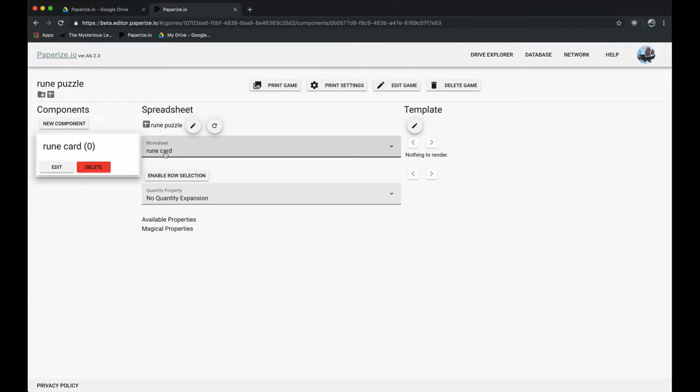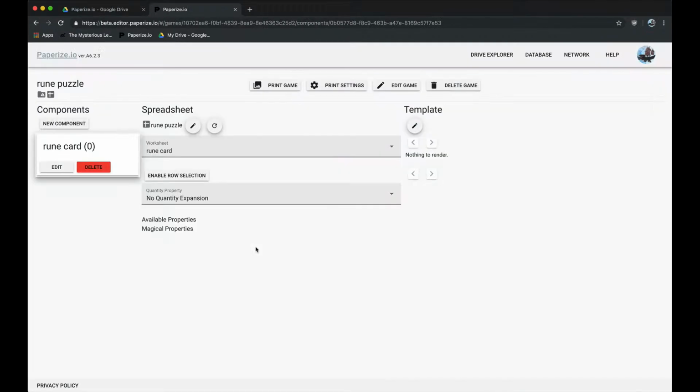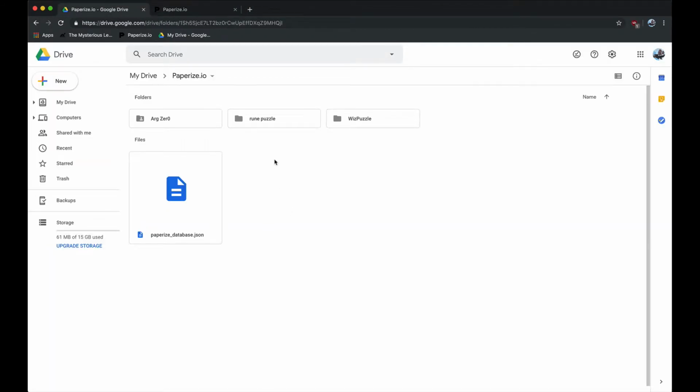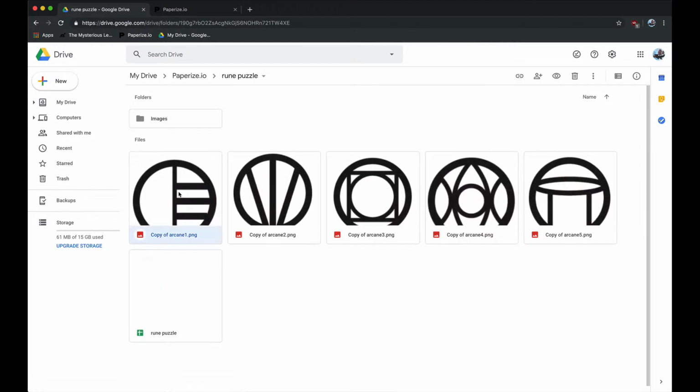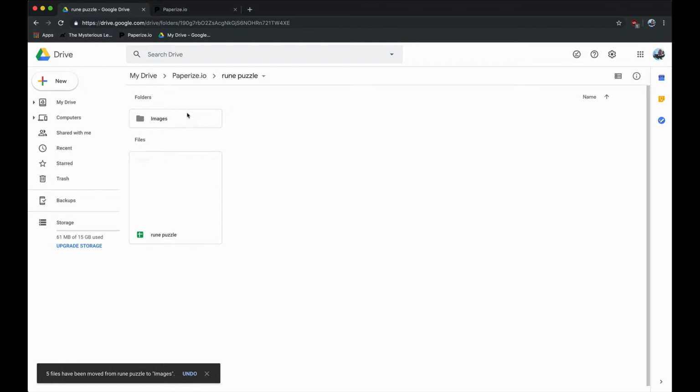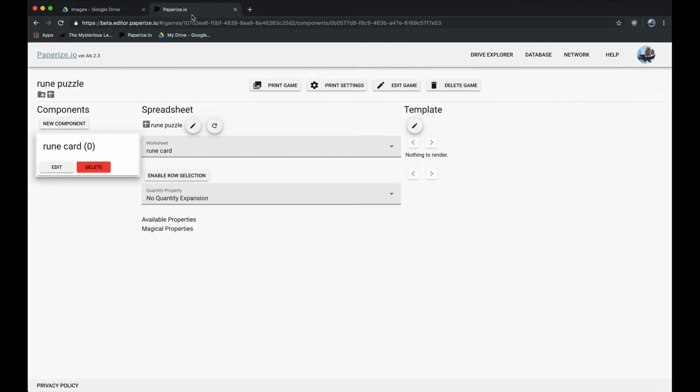So what do we need to do? We need to get 5 different images in, and I need 5 of each of these images, and that's all I really need. So the first thing I'm going to do is go to my Google Drive. I'm actually going to cheat a little bit here and go back to my Whiz puzzle that I created and steal the images out of this folder. I do believe that I can make a copy. But once I've got those images inside of here,